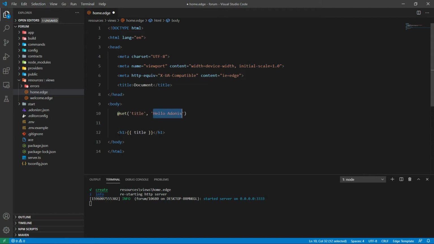Here what we are doing is we are creating one h1 tag, and inside the h1 tag, inside the double curly braces, we are using the key name.